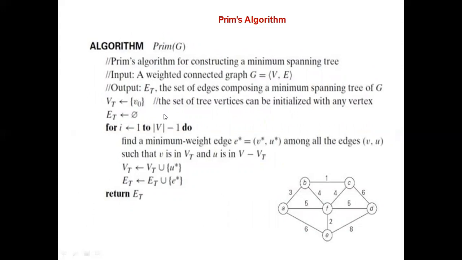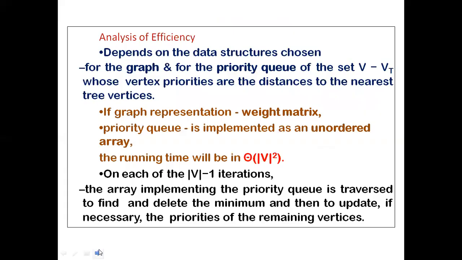So total n into n, that is n square, where n represents the number of vertices present in the graph. This process will repeat n times, and each time you are deleting the minimum weighted edge. That will also take order n, and this outer loop will also take order n. So the process completely will take order n square, or order modulus of V square, where n is the number of vertices present in the graph. That is the first way.